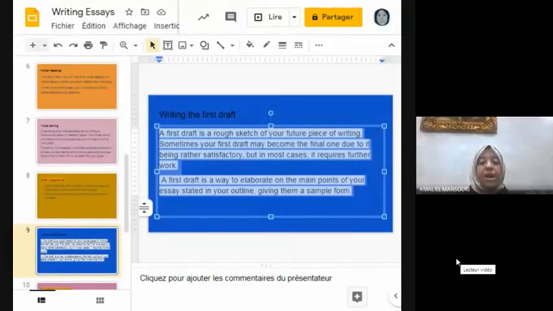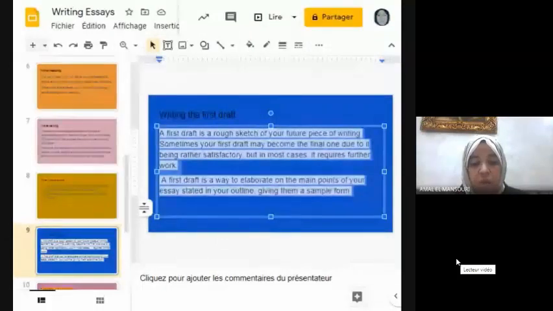But in most cases, it requires further work. A first draft is a way to elaborate on the main points of your essay stated in your outline, giving them a sample form.